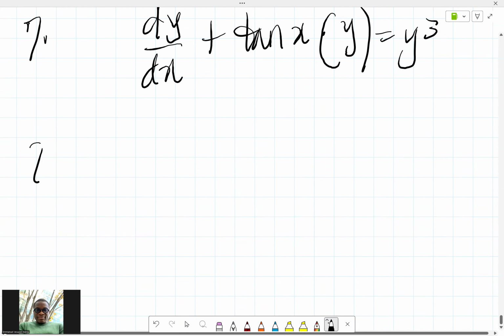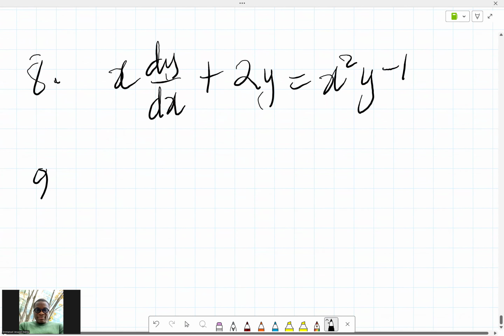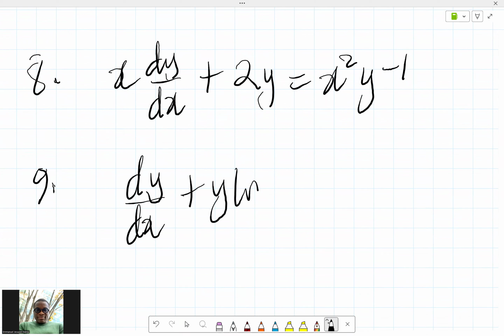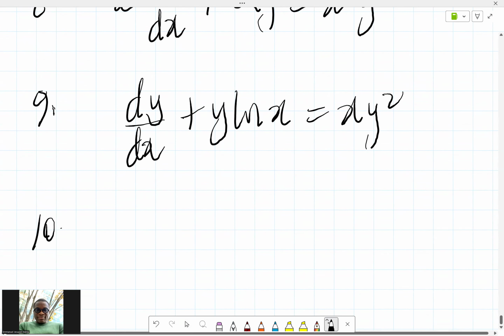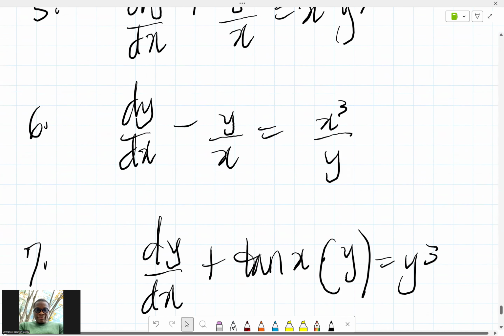We can have an 8th question, which is x dy/dx + 2y = x²y^(-1). We have question 9. It's a lot. So we have dy/dx + y ln x = xy². And finally, question 10, we have dy/dx + (2/x)y = e^x y³. So try your hands on this and let me see your answers in the